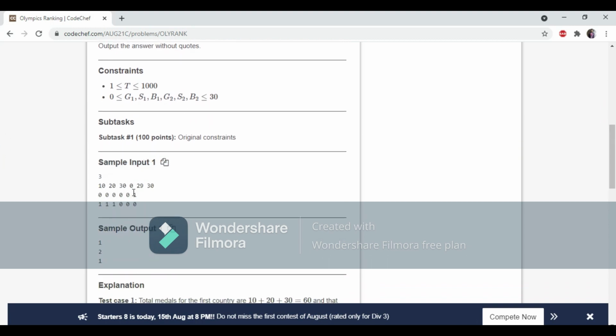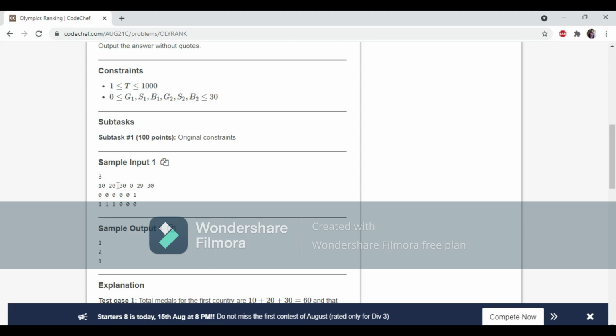So the example is here. 3 is the number of test cases, and G1 is 10, S1 is 20 and B1 is 30, G2 is 0, S2 is 29 and B2 is 30. After summing 10, 20 and 30 we got 60, and after summing 0, 29 and 30 we got 59.